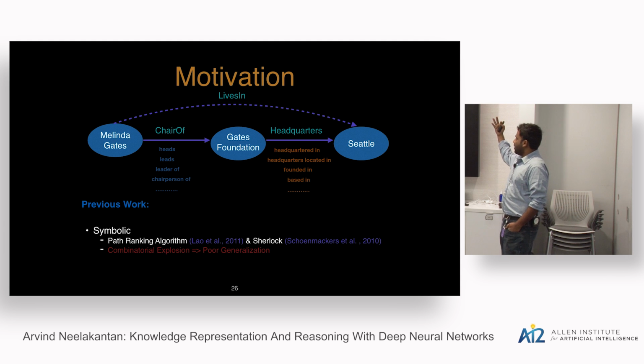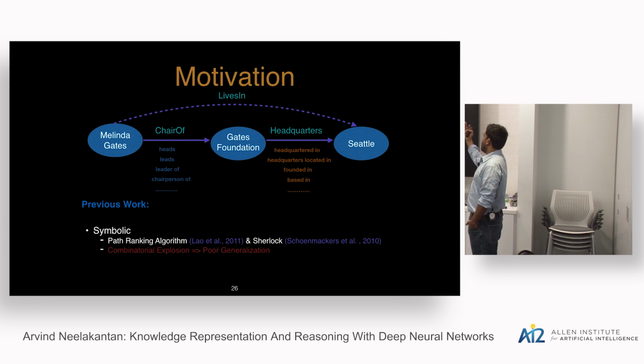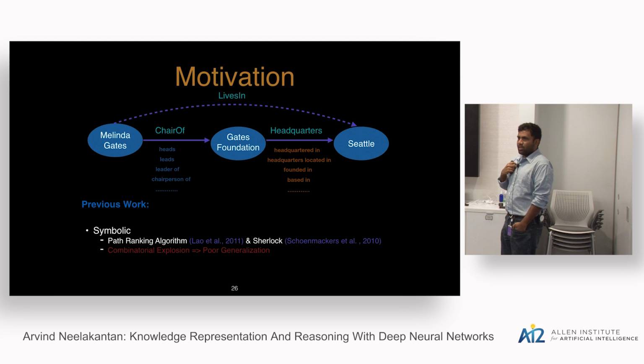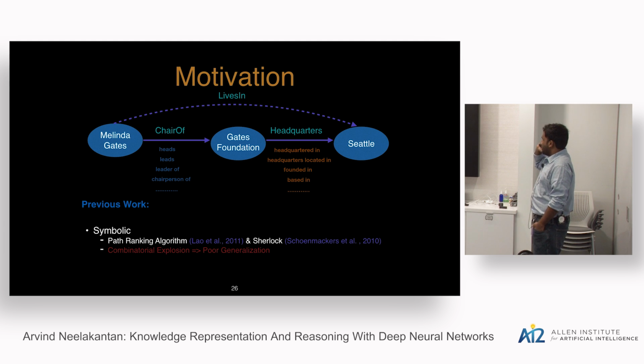When you're dealing with a knowledge graph, it's also common to add triples from text. These are OpenIE style triples. And there are many ways to refer to the same relation. So for chair of, you can also say heads, leads, leader of, and so on. This means that there are many paths in the data set, and at test time, it's likely that you're going to be hit with unseen paths. And models that treat each path independently cannot perform reasoning on these unseen paths.